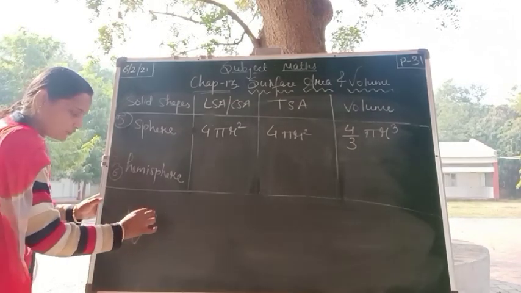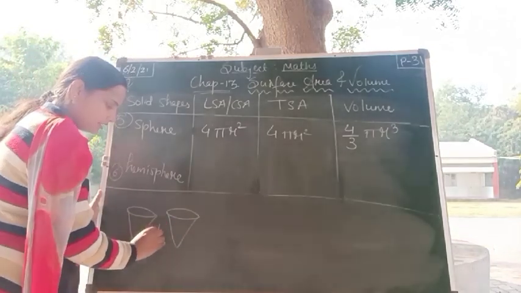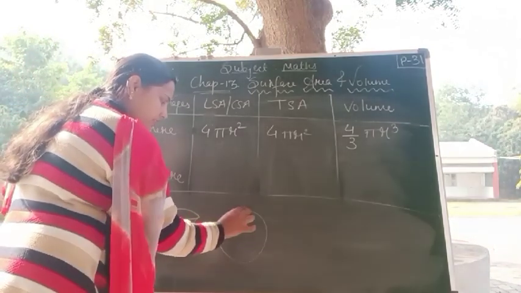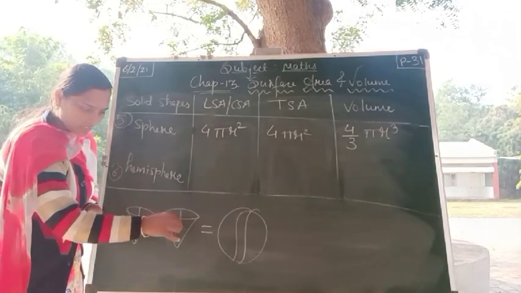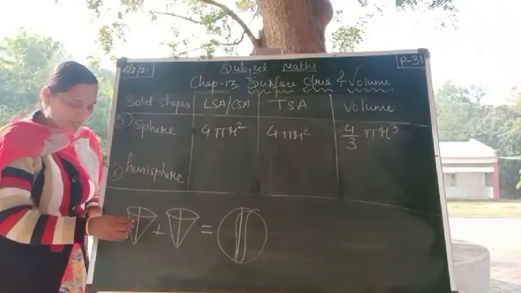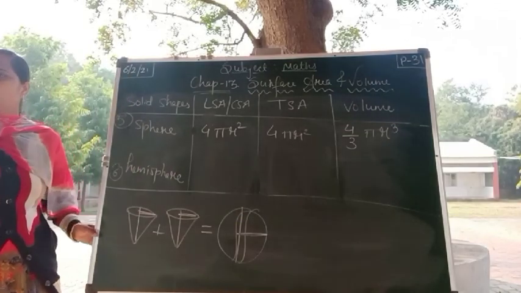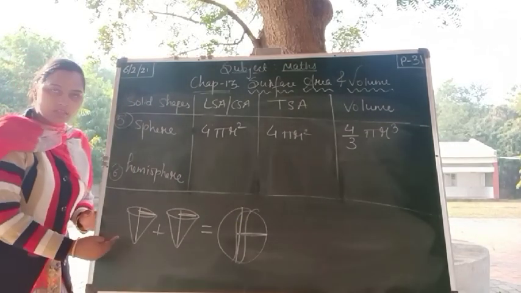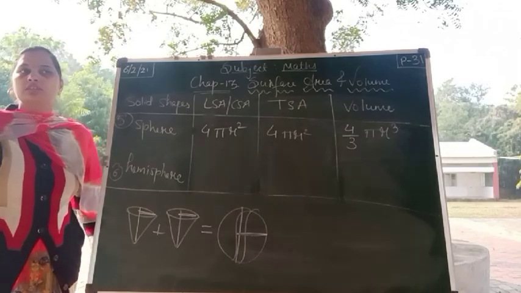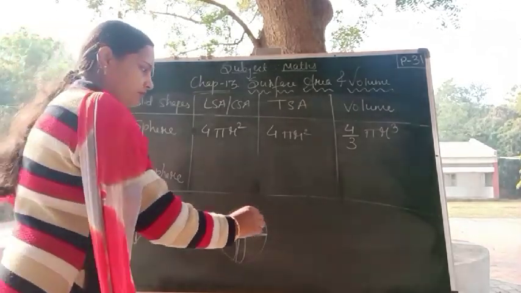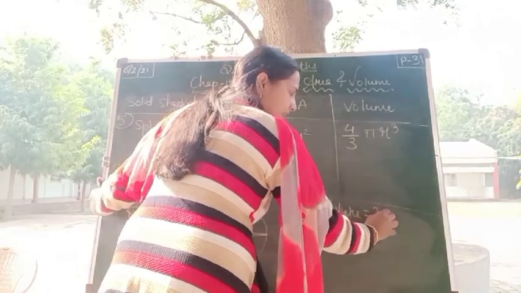Again I will take the volume of cone. 2 cones here. Okay. It will give me the sphere. But with the same height, and with the same radius. Radius will be same. Height and radius will be same. Now just check, 2 times of the volume of cone should be equal to the volume of sphere. Let us check. Volume of sphere is 2 times of volume of cone.